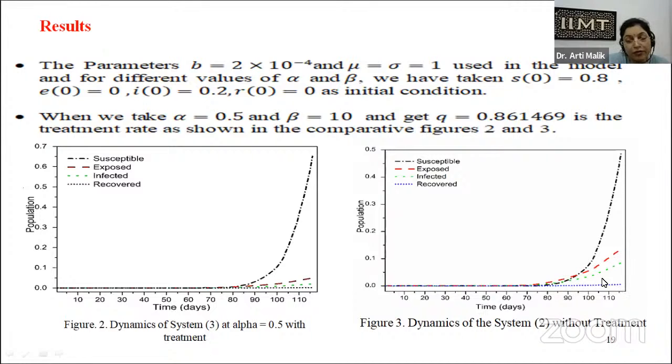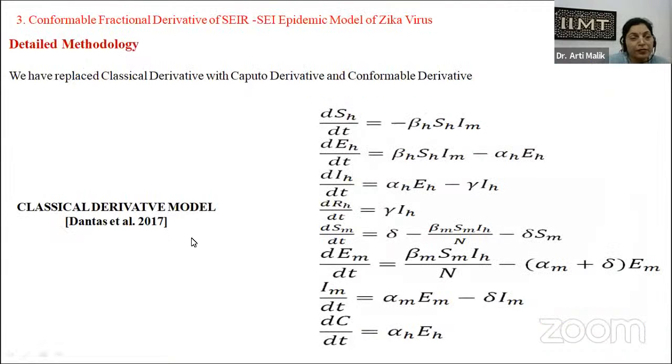We clearly find that after treatment, the number of exposed and infected persons is decreasing. When the number of exposed and infected persons decreases, they cannot infect other persons. It means the infection will not spread. Next, our next model is